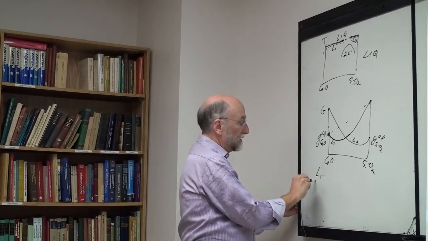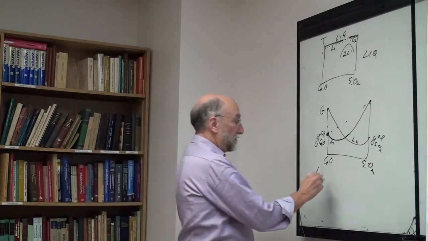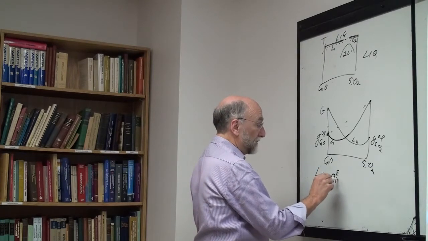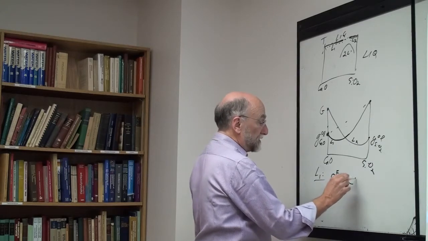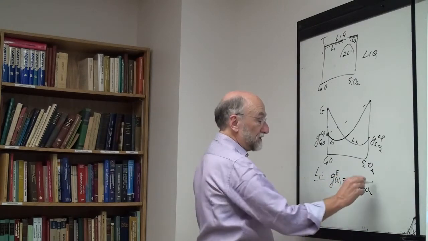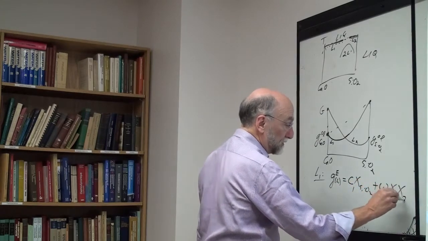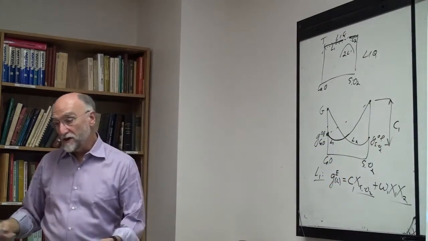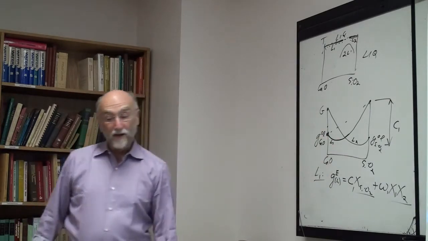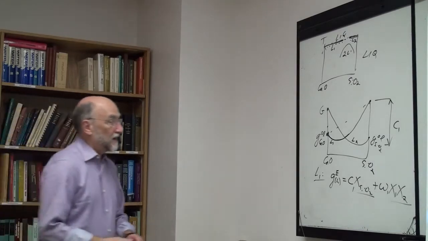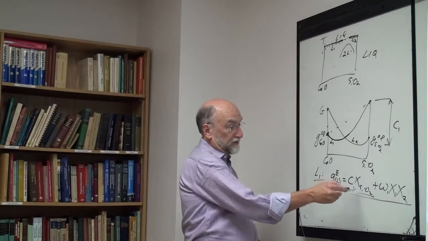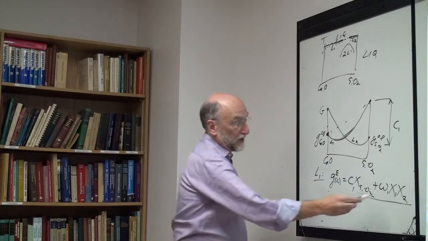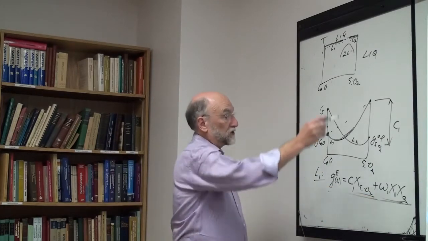And this L1 equation can then be given by: the excess Gibbs energy of L1 would be a constant times X silica, say C1 times X silica, plus a constant omega times X1 X2. So it's a regular solution, and this distance here is then C1. This is just as we treated it when you have two different phases, cubic and hexagonal, like in figure 22 and so on. This constant C corrects for the standard state from silica liquid to this hypothetical silica liquid, and that's the equation of this line here, plus a regular solution term. And we will find that this equation fits quite nicely over this